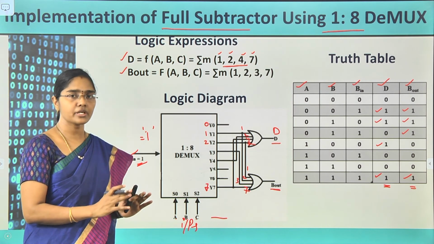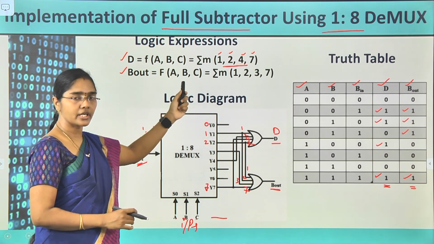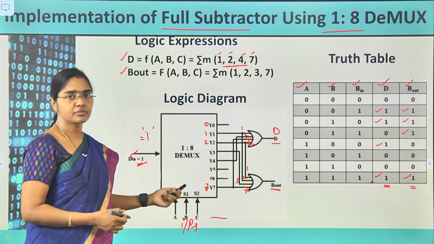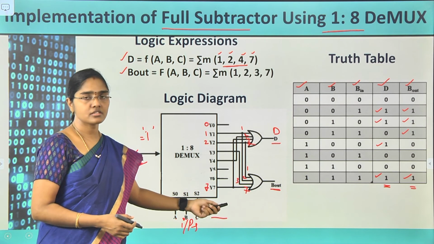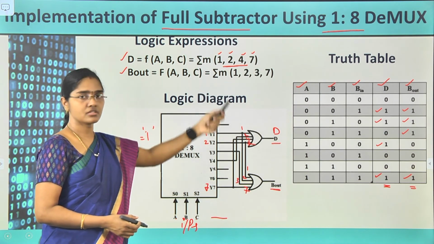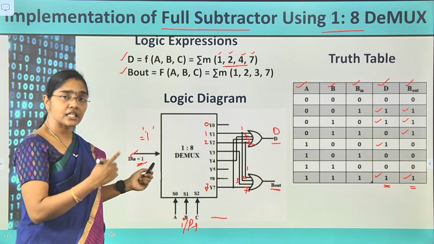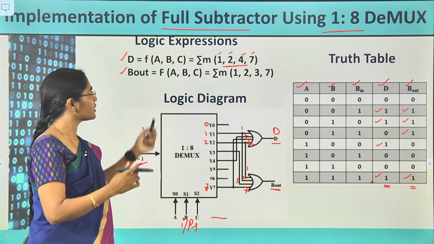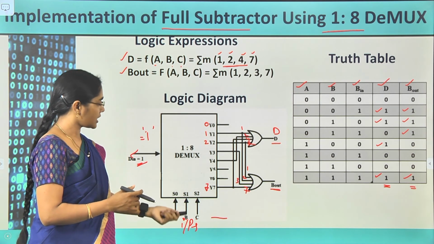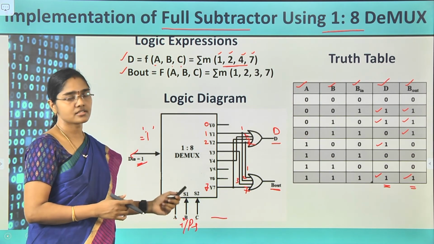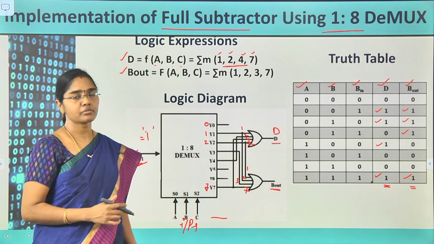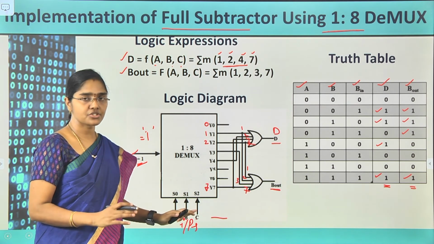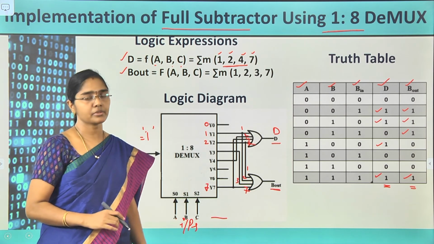For that, what is required? Just the Boolean expressions in terms of their minterms. Then take the required size of demultiplexer and use OR gates for the given minterms for connection, and connect logic 1 at the input side. And the variables which are used in the logic expressions, connect those as selection lines of the demultiplexer. Like this, we can implement any logic function using a demultiplexer.